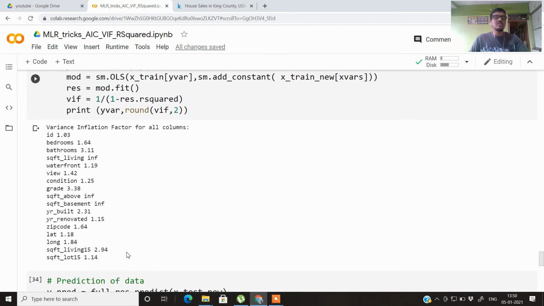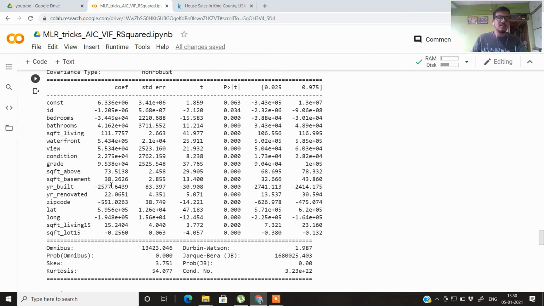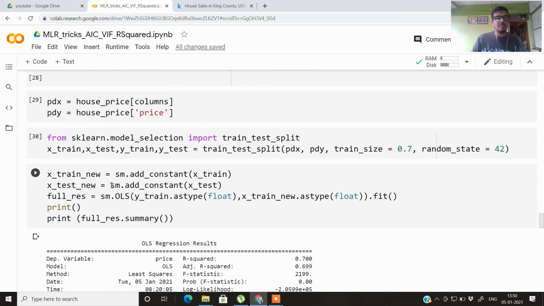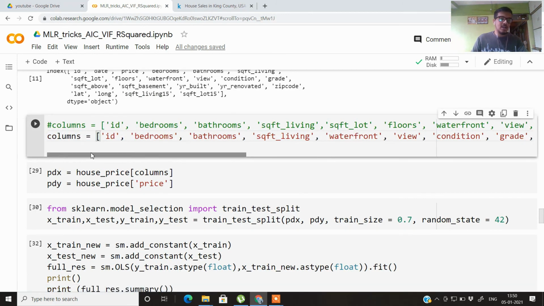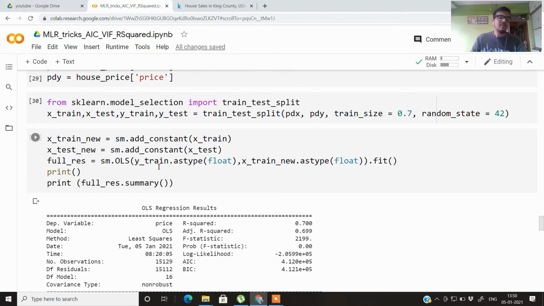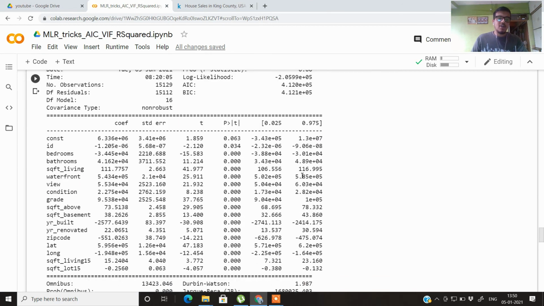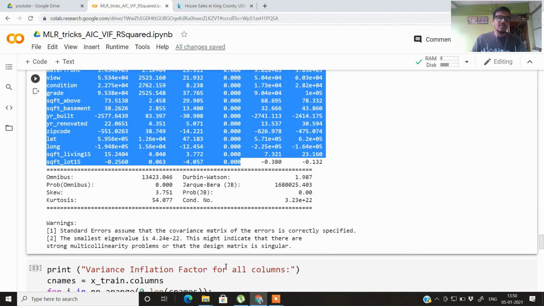So this is the procedure that you need to follow whenever you are going for any regression model. So this is called backward selection. Another technique is also used, but mostly people use this backward selection. You can also go for forward selection. In that case, what you need to do is add these predictor variables one by one, and we will be seeing the improvement in the R square and adjusted R square, and also we'll be checking the predictor probability and the VIF.